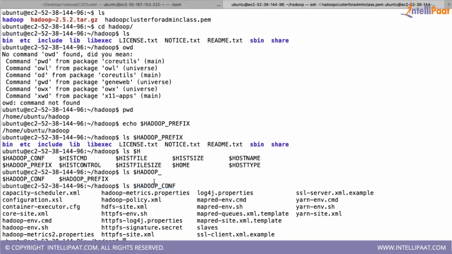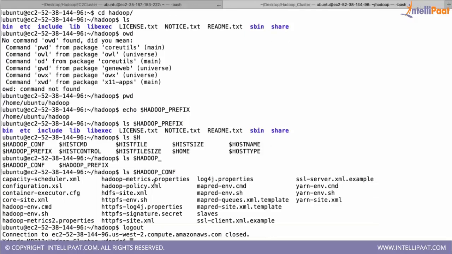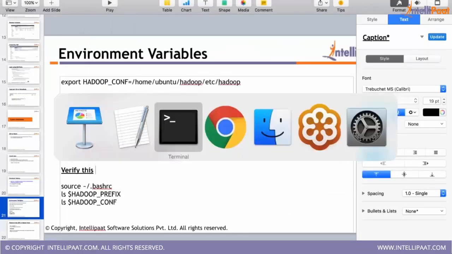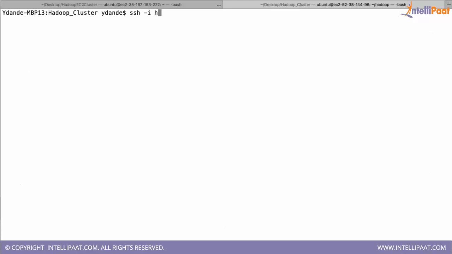Okay, so we have to do the same thing for other machines also. I'll just do that. For name node and secondary name node, we have to do the same thing.